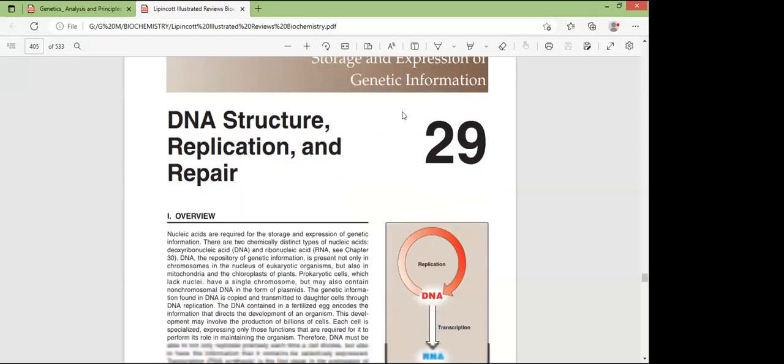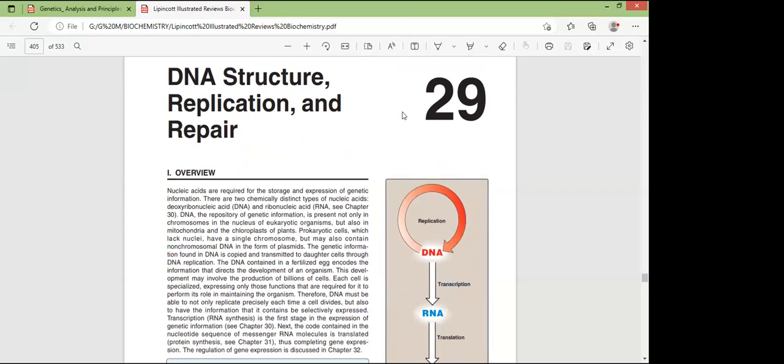So genetics is the study of inheritance patterns and such things. We know what genetics is, right? Genetics has to do with genes, someone has genes for this, genes for that. But at the very center of genetics, at the very center of genes, at the very center of inheritance,